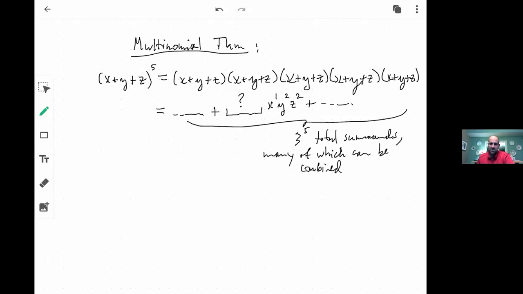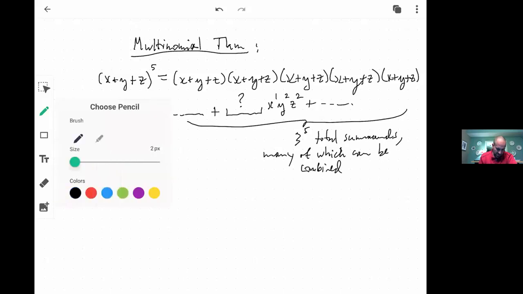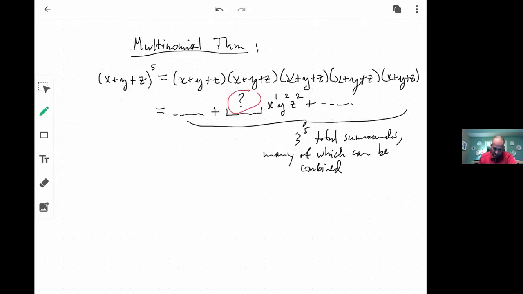Okay, 3 to the 5th total summands, many of which can be combined. For instance, there's going to be lots of ways that you can get x to the first, y squared, and z squared, for instance, right? So if I want to think about what the coefficient of x to the first, y squared, z squared is,